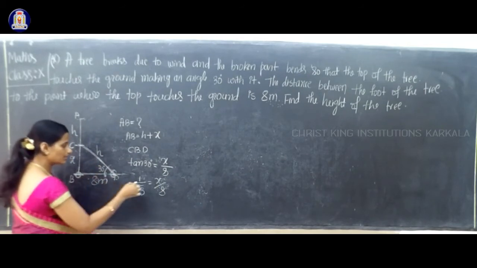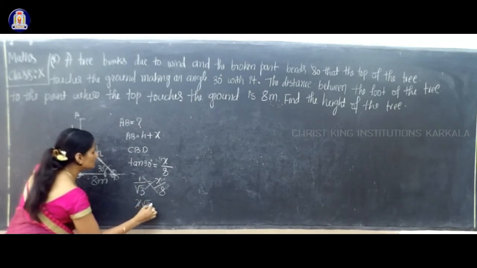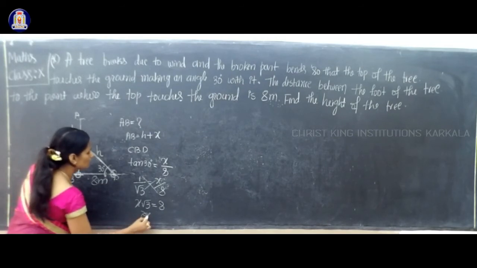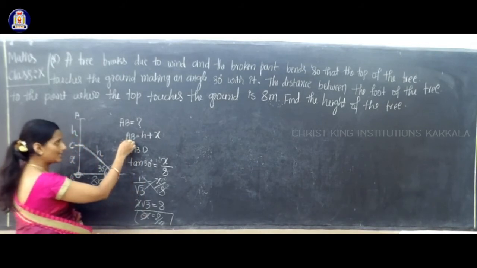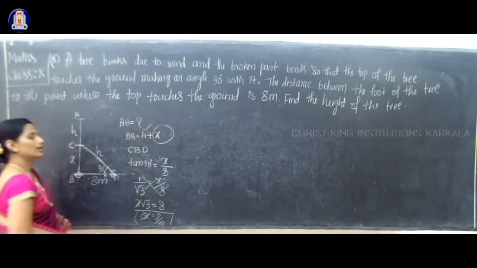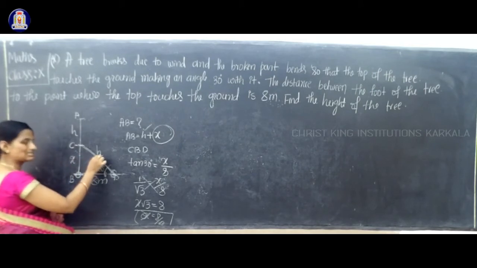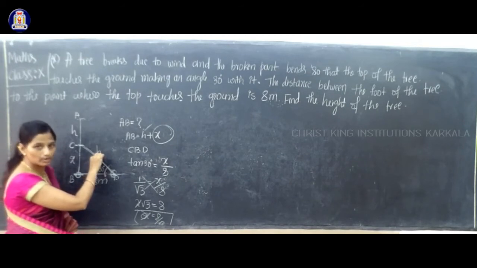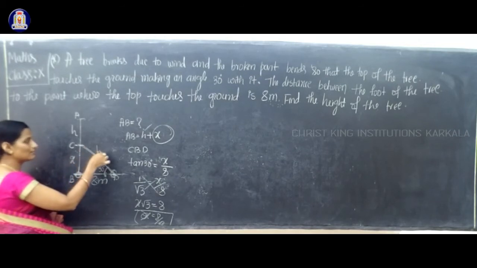So can you find what is our X? Yes, cross multiply. X into root 3 is X root 3. 8 into 1 is 8. So what is our X? X is equal to 8 divided by root 3. To find AB we got X equal to this. Correct, no? Now next we need to find your H. So how to find H? Here H is this hypotenuse. So now use a trigonometric ratio with the hypotenuse. Which is better? See. Hypotenuse is opposite side divided by hypotenuse.